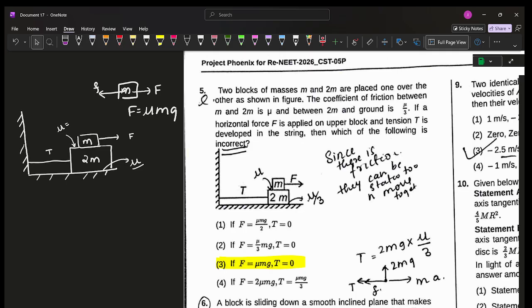Could you please help me to solve the fifth question, which is the two block system thing? I know I can easily find out tension is zero, but